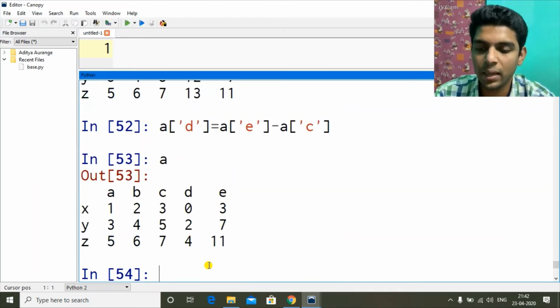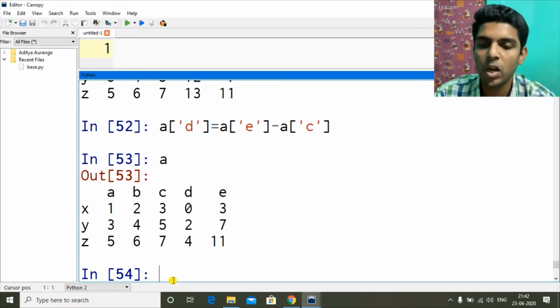Now if I see a, D is E minus C. So 3 minus 3 is 0, 7 minus 5 is 2, 11 minus 7 is 4. Okay, so now we have seen how we can add new columns, update existing columns, and do arithmetic operations while adding